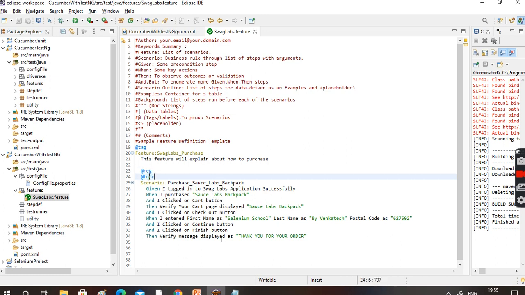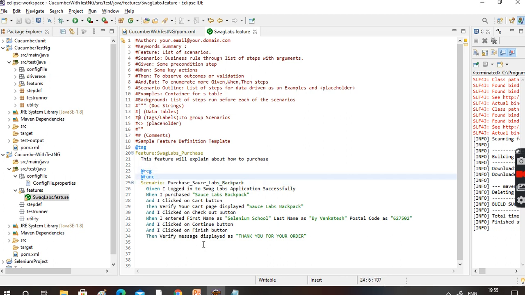If anyone uses the func tag, run this TC. If anyone uses the smoke tag, will this particular scenario run? No. Why? It is not there. So this scenario will run if they mention the reg tag or func tag.